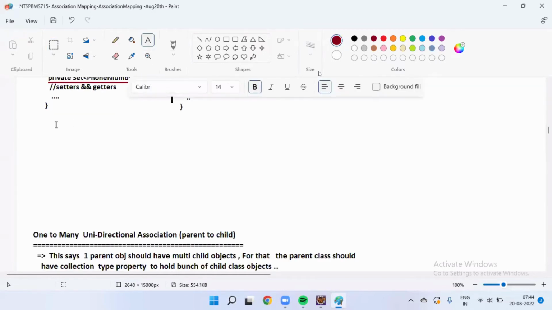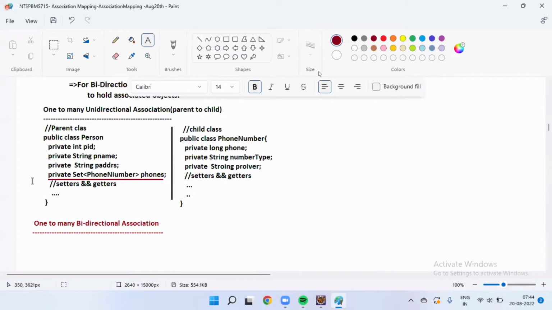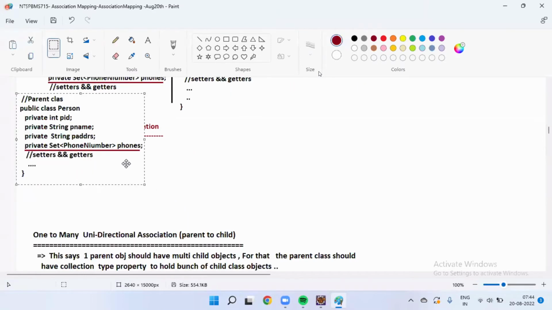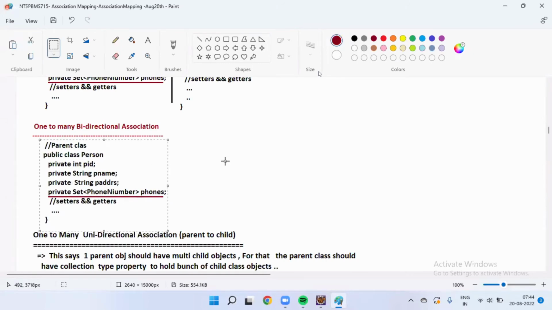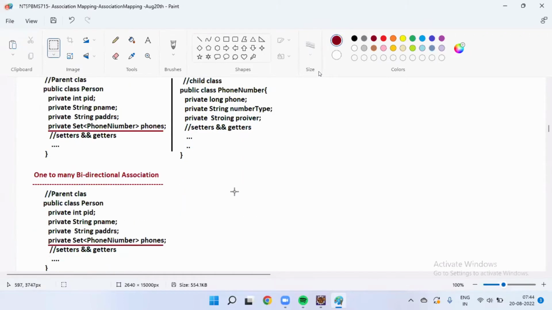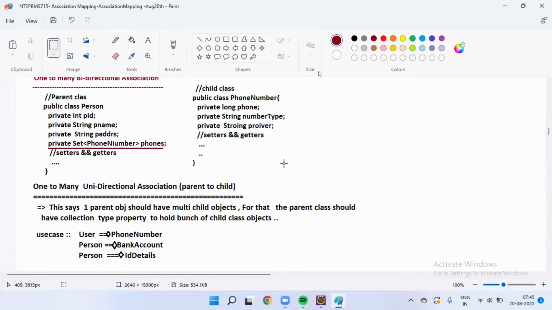For one-to-many bidirectional, set, list, map, anything you can take. One-to-many bidirectional association. Okay, one-to-many bidirectional: the parent class stays as it is. When it comes to the child class,